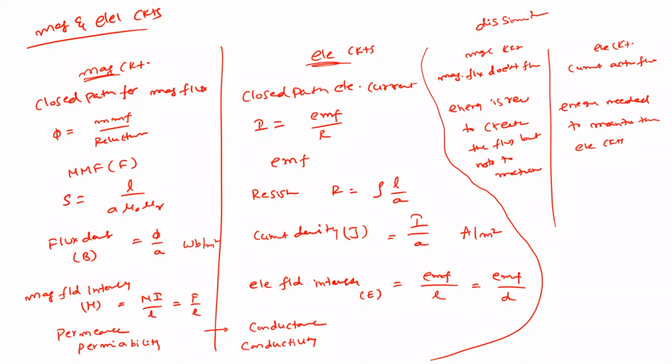But what if we have something like an LC circuit? So where does the L come in, a magnetic circuit or an electric circuit? L stores magnetic energy, sir. So that's a combination of both electrical and magnetic circuits, right? Sorry, I didn't get the point, could you repeat? If you have L in your circuit, will it come under the magnetic circuit or electrical circuit? Pure.